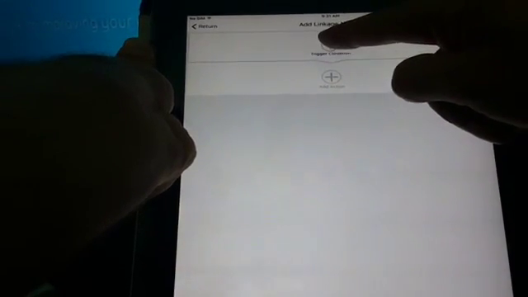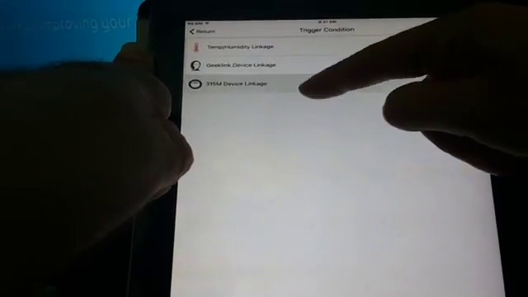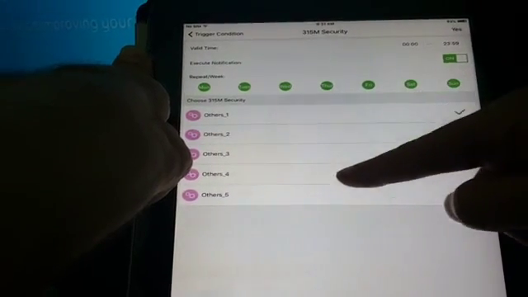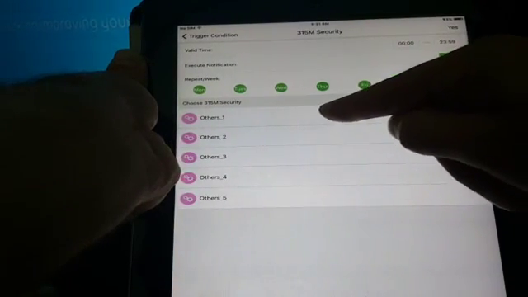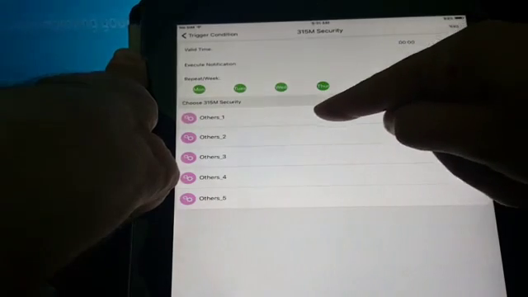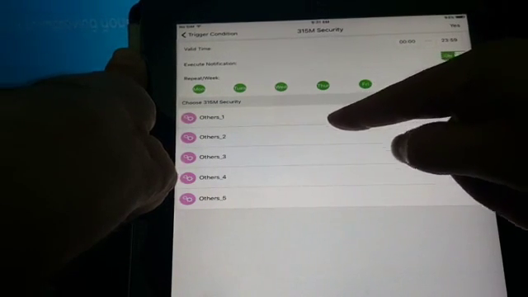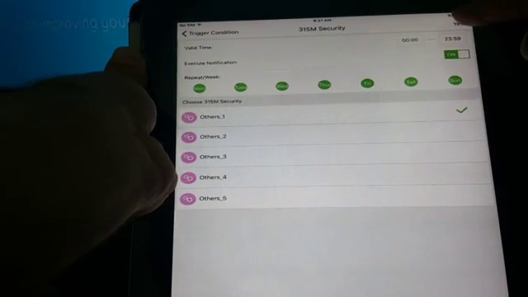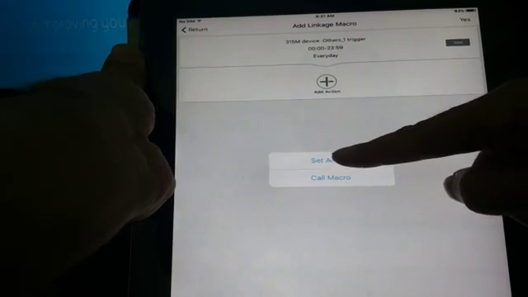and you have a trigger condition. So I'm going to add a trigger, and that trigger will be my 315 device, and you can see all the devices, the signals that I have learned. So we are going to use our innovations, which is others one. We can rename that as well. So I'm going to select that, click on yes, and the action would be set action,